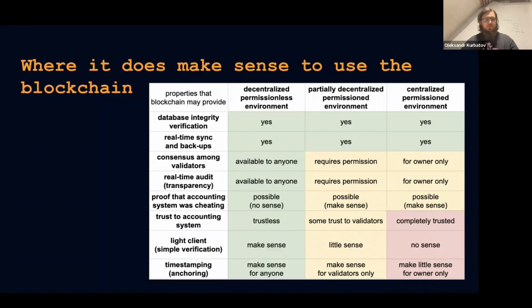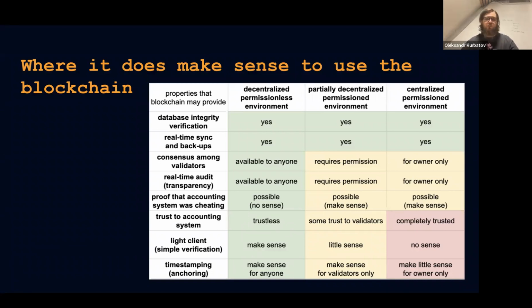So yeah, and the last topic, where does it make sense to use a blockchain? Because sometimes you can hear that you can use the blockchain only in a decentralized environment because it's suitable only for a decentralized accounting system, for decentralized platform smart contracts, for decentralized registries, but nobody says that it can be used in centralized environments. But that's not correct. And there are different cases where you can use that. But let's see how you can achieve different properties of the blockchain in the first one, a decentralized permissionless environment, or some kind of decentralized accounting system.